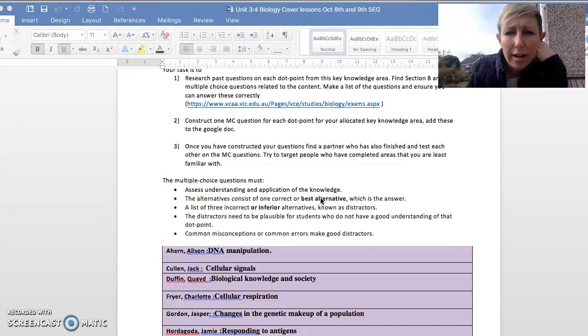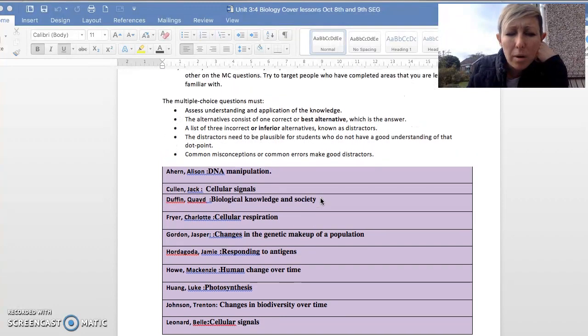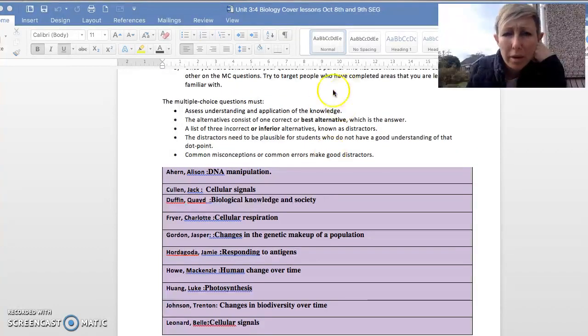Remember to identify the answer that you think is correct and put all of your suggestions, all of your questions underneath your name so that I can see who's written which one, and then I will hopefully be able to copy and paste those into a Kahoot for us and review them from this end. Okay. Again, apologies I can't be with you, but I'm sure you'll make the most of this time.